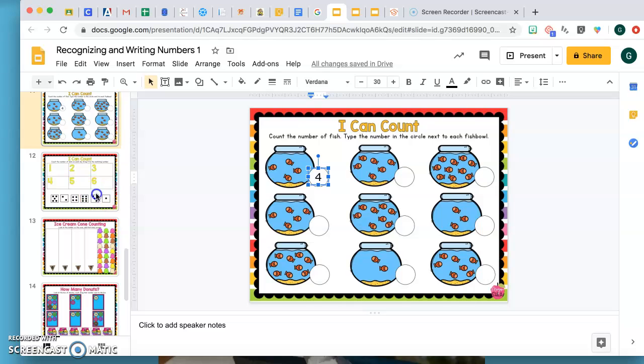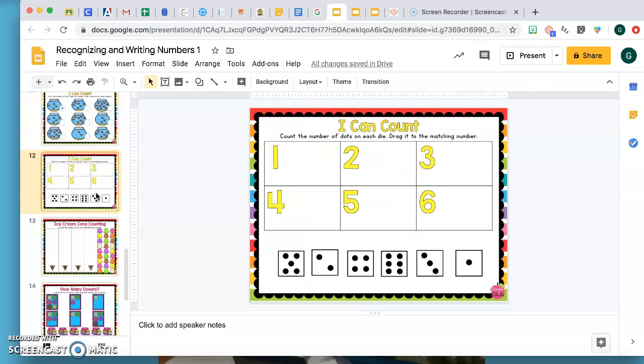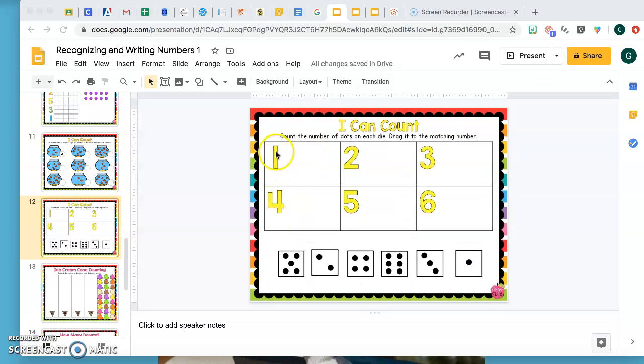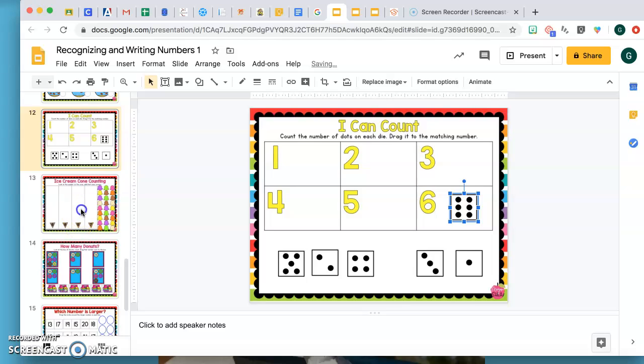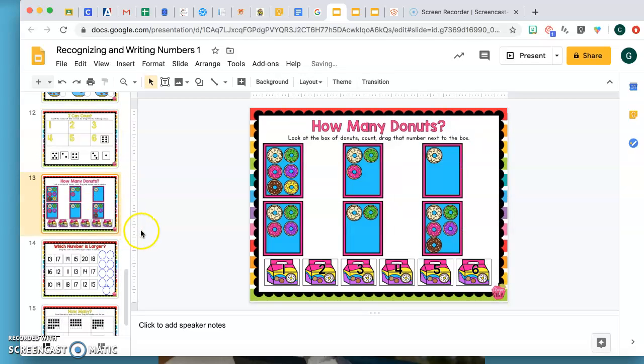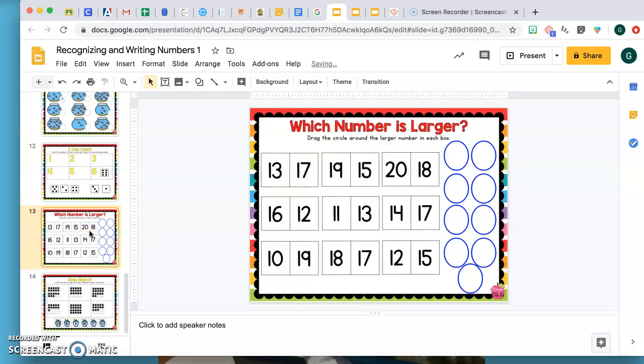Let's see this one. And then for this one, you count the dice. So I'm going to look for 6. So 1, 2, 3, 4, 5, 6. This one has 6. Click and drag. I'm going to get rid of this one. This one too. And then this one, you look at the two squares next to each other, and then which